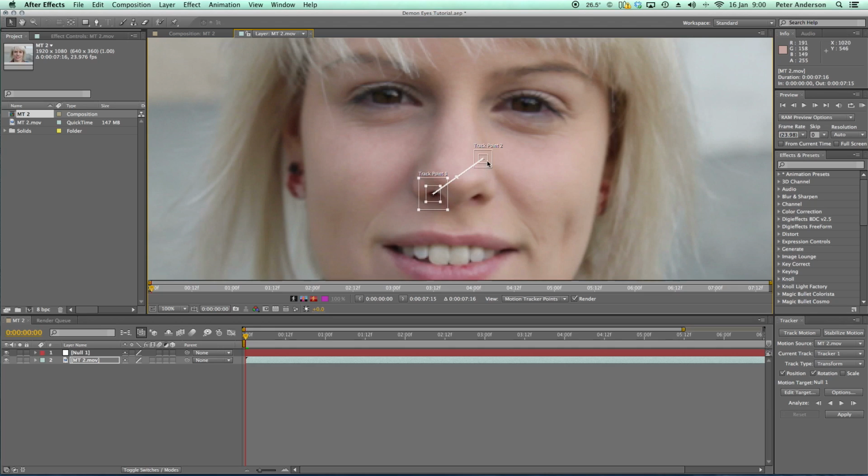So move your other track point down to the other nostril, and make the rectangle slightly bigger. Okay, so we've got our 2 track points there. Alright, and it's